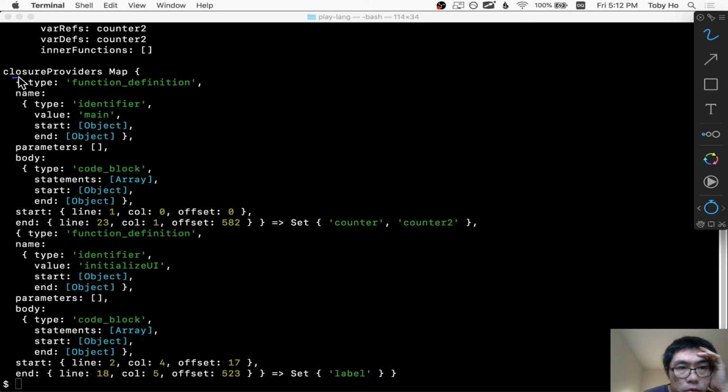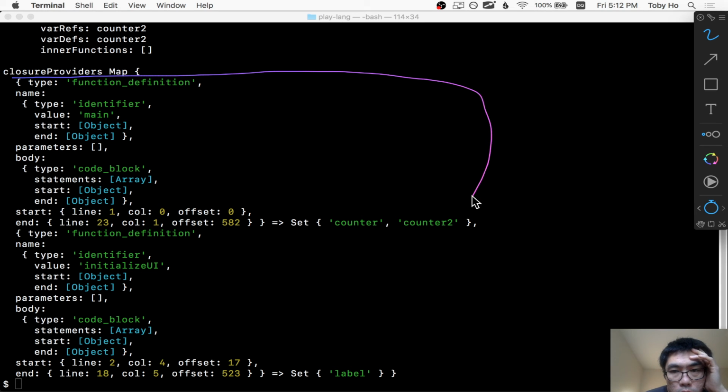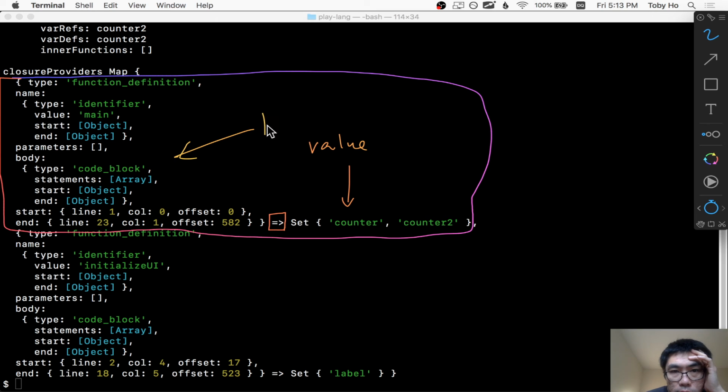The first key value pair is this, where this guy is the thing that says the left of this thing is the key and the right of this thing is the value. So that is the value, and this thing is the key. So basically this key is our AST node, is the function node, and that's what I wanted,